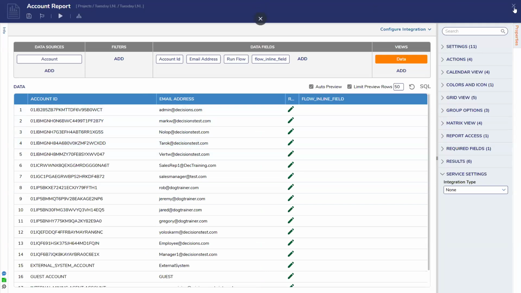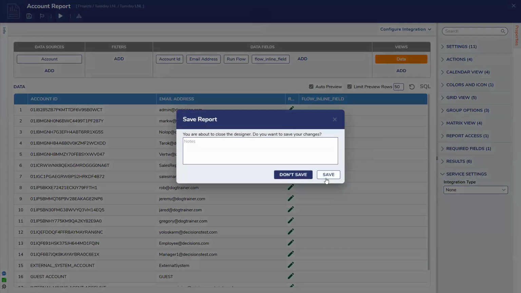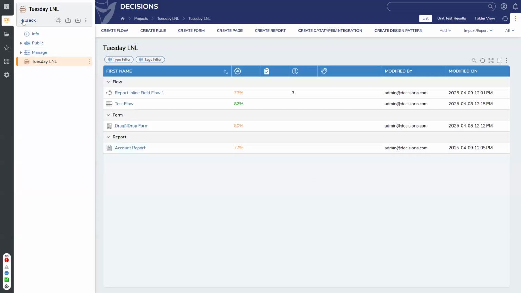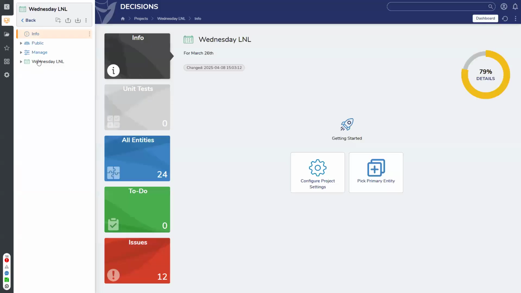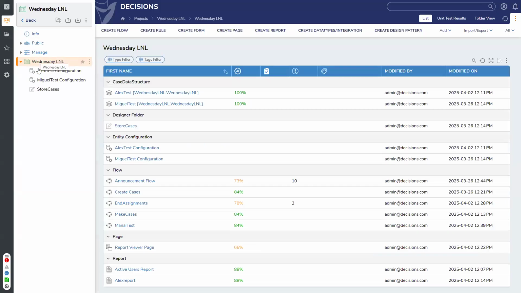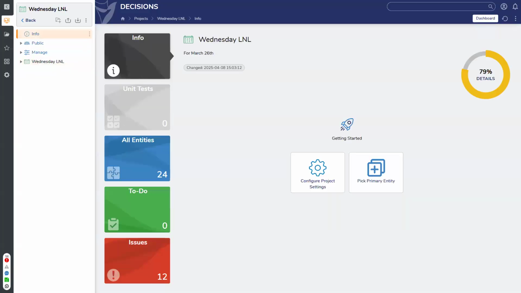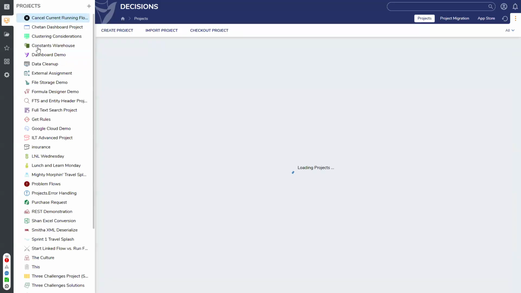Okay, so I'm gonna go back to today's matters. Gonna go to Wednesday down here. All right, so not seeing any questions pop up yet, so I don't mind talking about how Decisions handles file storage a little bit, because we touched on that briefly yesterday, but